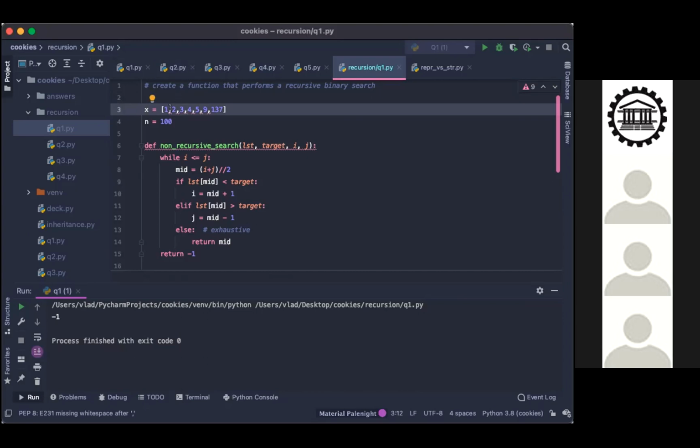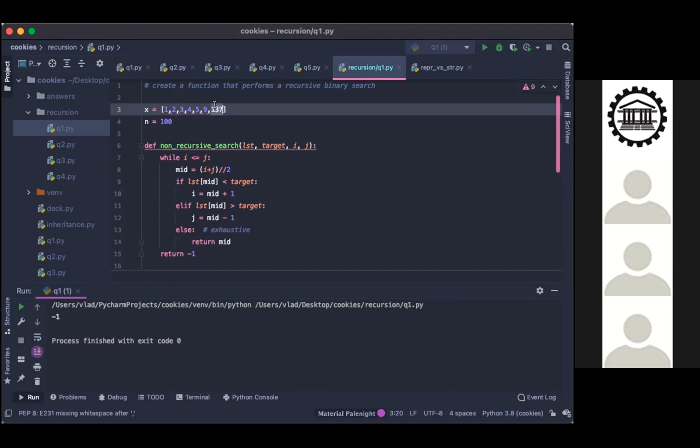But okay, let's see. It keeps on dividing it by 2 each time, so one would say it's actually O of log n. That is correct, especially since it's a sorted list from the beginning. Exactly. It's O of log n because it keeps dividing by 2 every single time. It doesn't check half the list. It checks less than that.